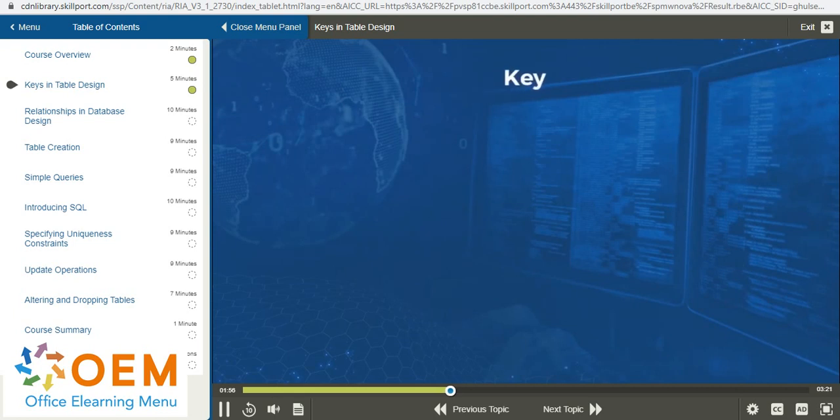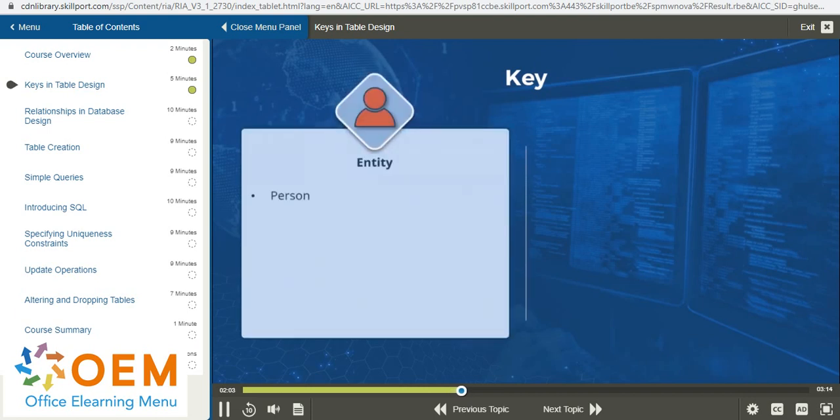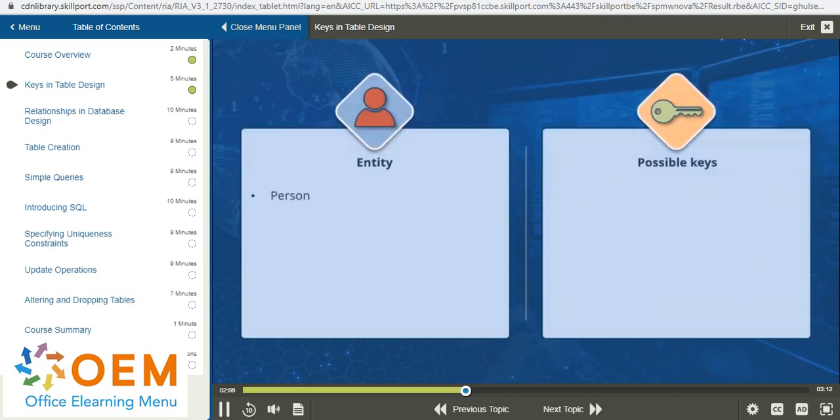Given an entity, there are often several different possible choices for keys. For instance, let's say that we are modeling a person. Possible key attributes could include the email ID, the phone number, or a social security number. One might argue that the social security number is the most robust of these three, but depending on our use case, the email ID or the phone number might have to suffice. But what is certain is that the key must be unique for